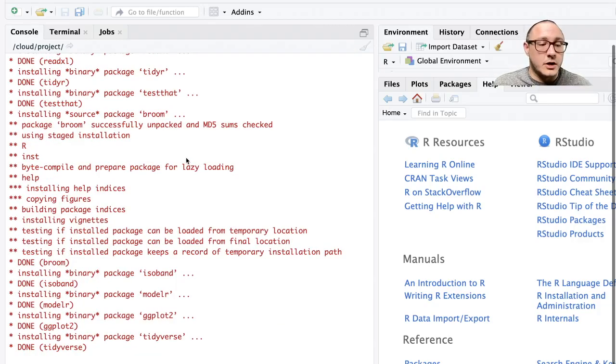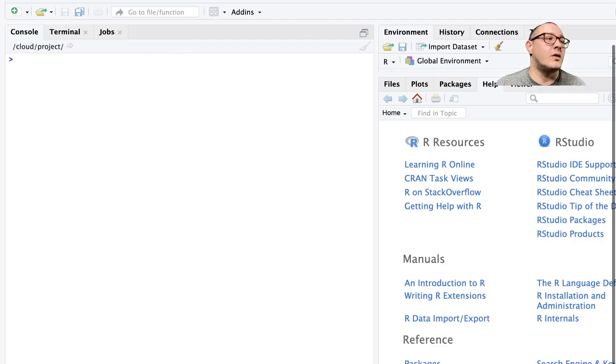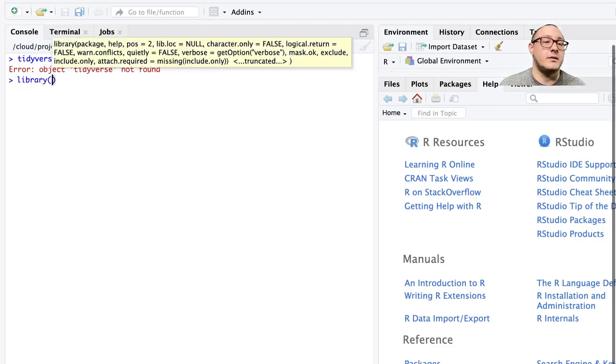So now let's talk about how we actually access that library. I'm going to clear the console again. Now, I installed the tidyverse, but if I just try to use the tidyverse like this, it's going to give me an error: object tidyverse not found. The way I can get a hold of that package is library, and again, we do this as a string, tidyverse,